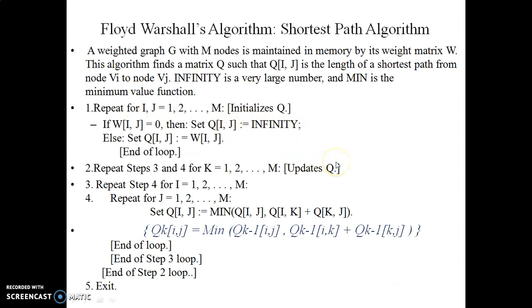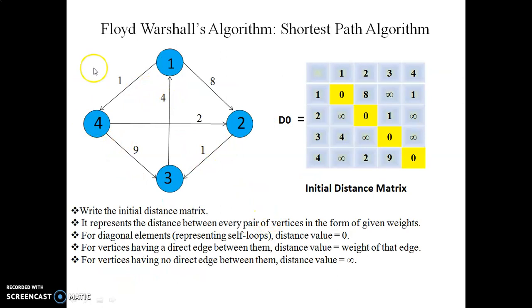So this is the stepwise explanation of Warshall's algorithm, that is the shortest path algorithm. I will come back to this later on, because first we'll understand the algorithm considering a simple example, and then we'll understand these 1 to 5 steps, what exactly is happening here. So this is a simple example I have taken where there are 4 vertices 1, 2, 3 and 4, and you can see here each edge is given a certain weight. From this graph, you need to initially obtain the initial distance matrix.